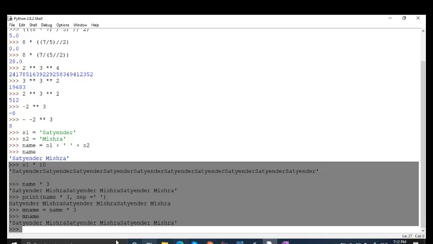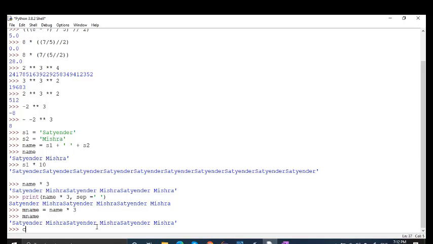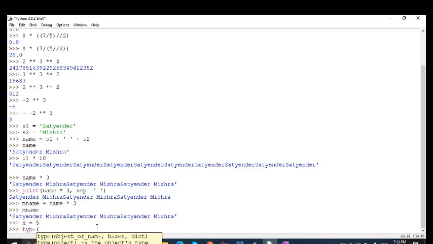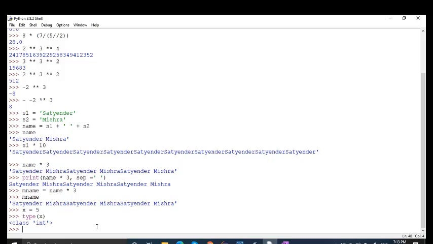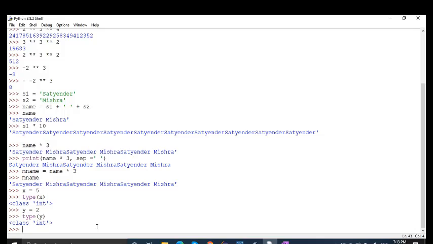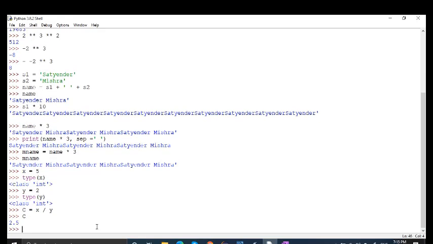Now let me write it this way. Say x is equal to 5. Now we can see the type of x. Type of x is integer. Now we write y is equal to 2. Type of y is also integer. Now I'm writing c, which is equal to x divided by y, and you can see that the result is 2.5.